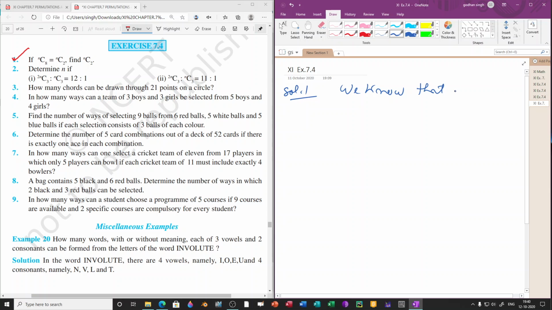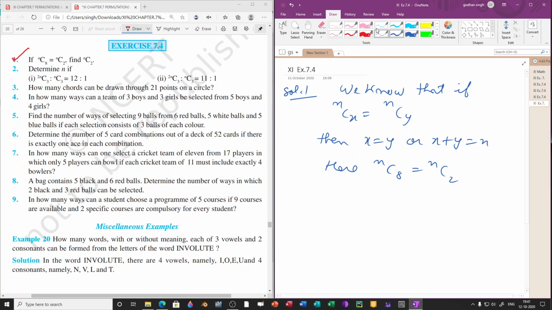if nCx is equal to nCy, then either x is equal to y, or, if this is not possible, we'll have x plus y equal to n. So here what we are having is nC8 is equal to nC2. Now it is very clear that 8 cannot be equal to 2. That is not possible. So the only possibility is that x plus y has to be equal to n. So therefore